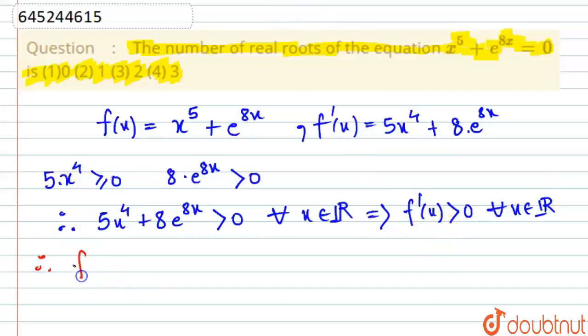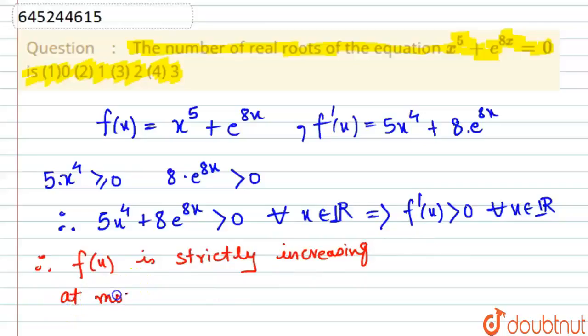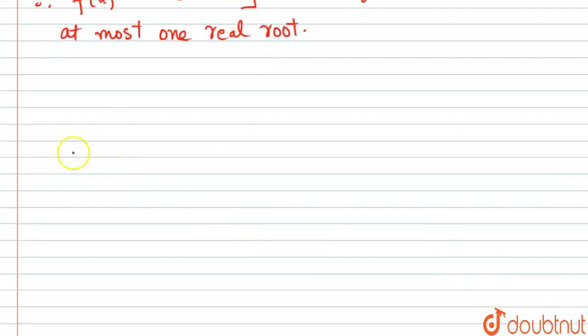Therefore f(x) is strictly increasing. So f(x) can have at most one real root, because if f(x) had two real roots, that f(x1) = f(x2) = 0,